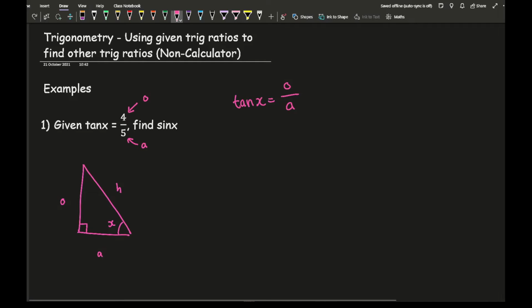So from this fraction that I've been given, it gives me the impression that the opposite is going to be 4, and let's just use a different color, and that the adjacent is going to be 5. Now using Pythagoras,